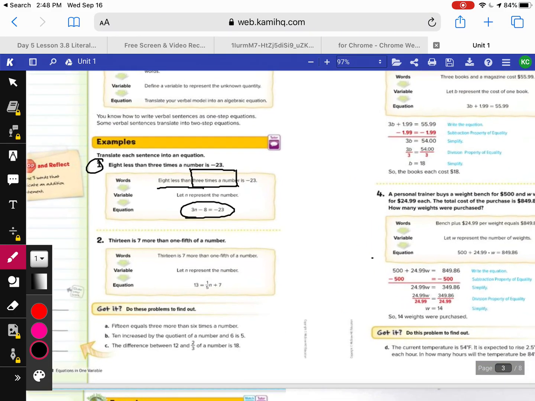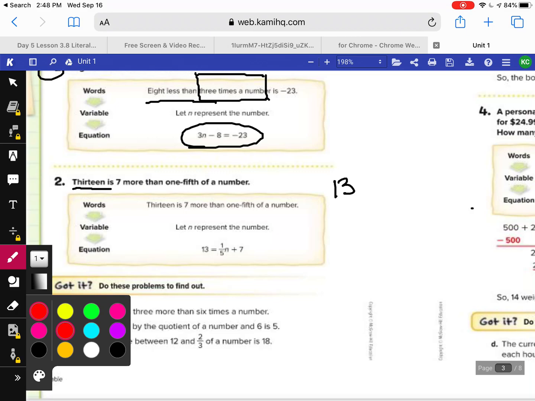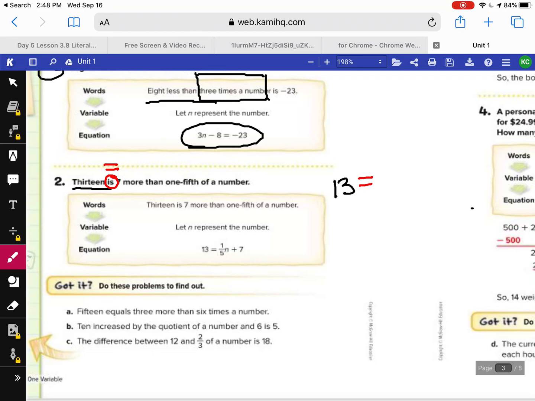So let's read it again. 13, so we have our 13, is. So we know that is means equals, right? So 13 is